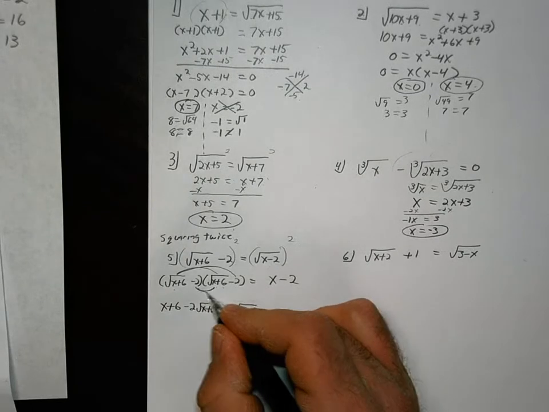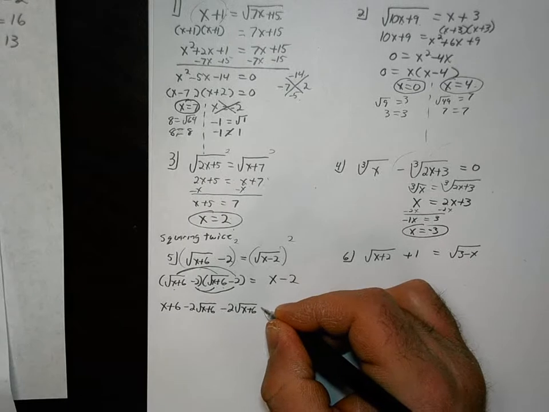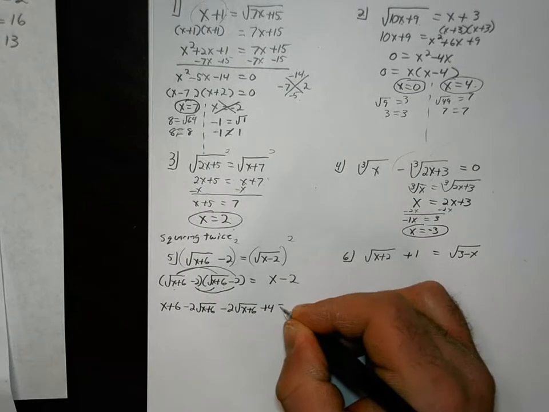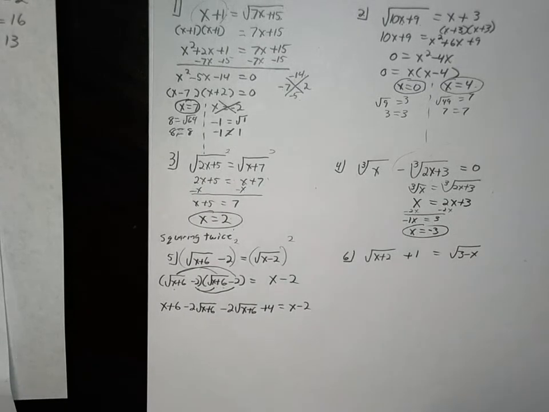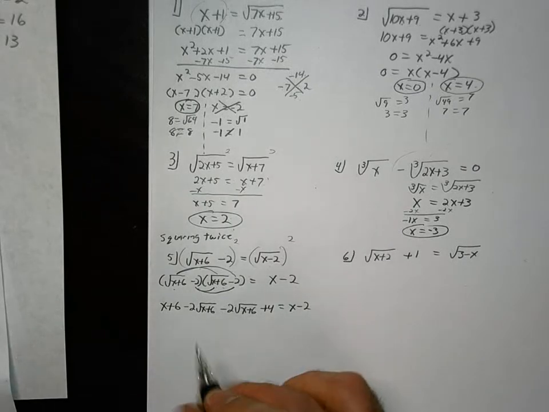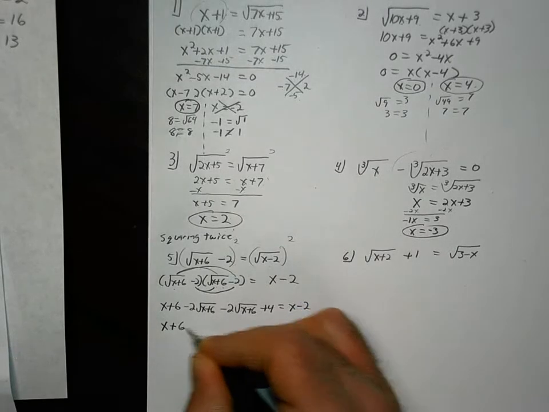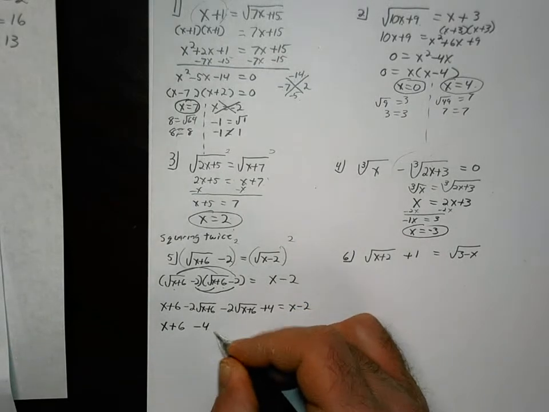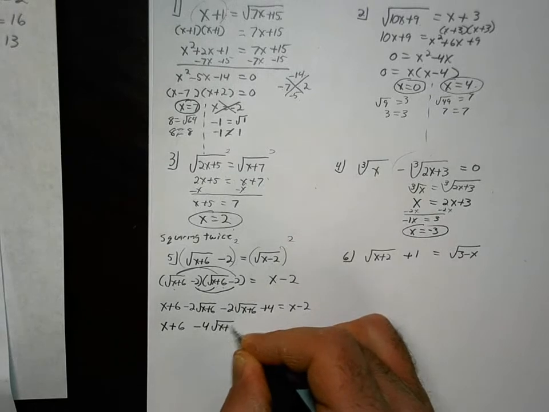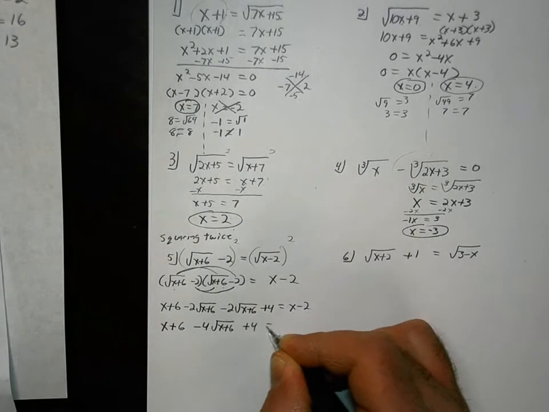And then when I multiply the last term, negative 2 times negative 2 is 4. So that's what I'm going to get. Now I can combine these middle terms. So I'm going to get x plus 6 minus 4 square root of x plus 6 plus 4 equals x